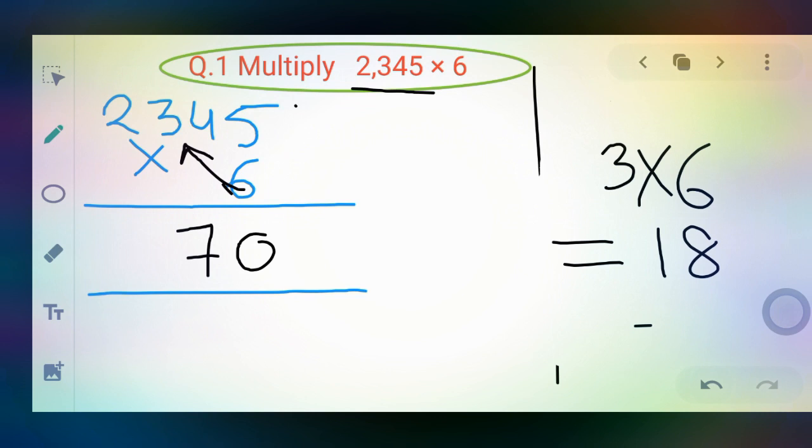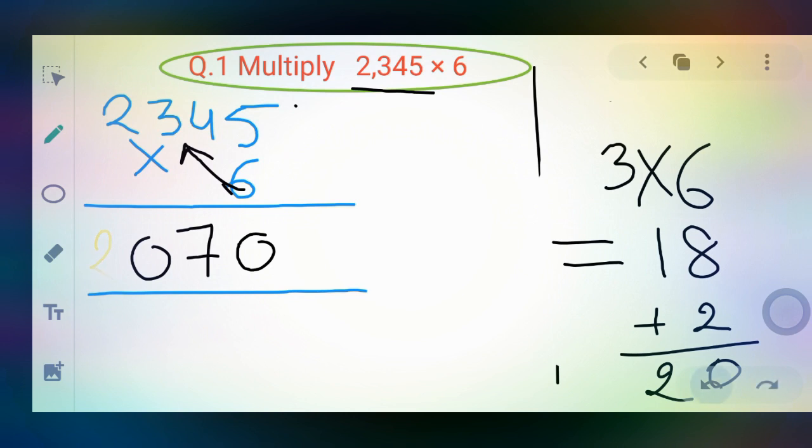So 2 is already carry. Because 2 is already here, so this 2 I add here. I already said I add this with the 100 place. Getting? Because 1 stands for 100. 2 comes on the 100 place, so I add this 2 on the 100 place. So 18 plus 2, what do you get? You get here 20. So you write 0 here. 2 will again be carry. 2 again you take as carry.